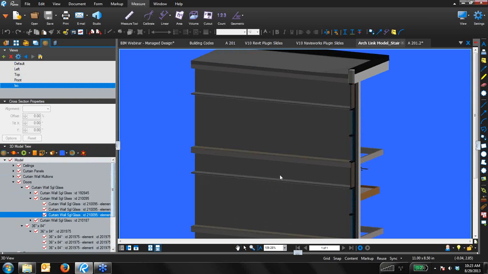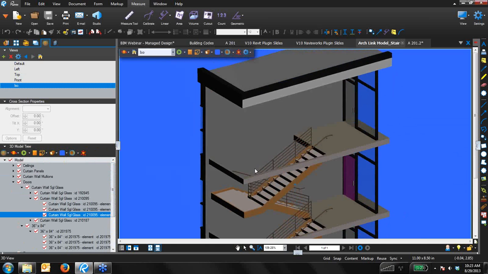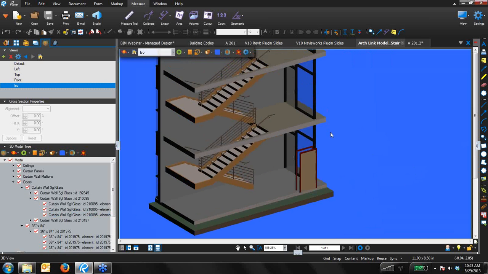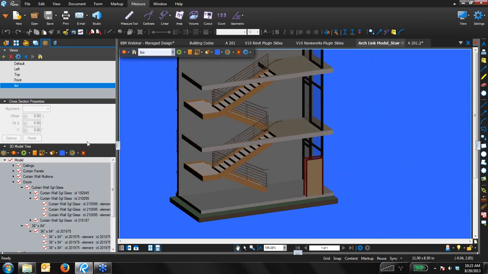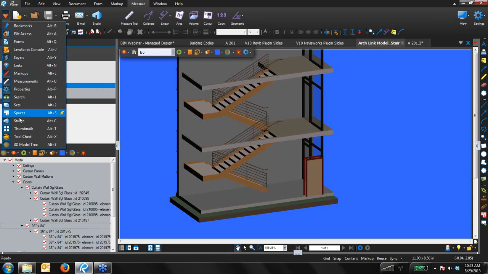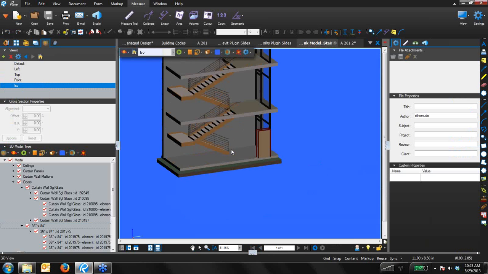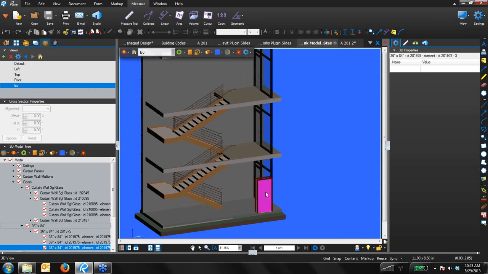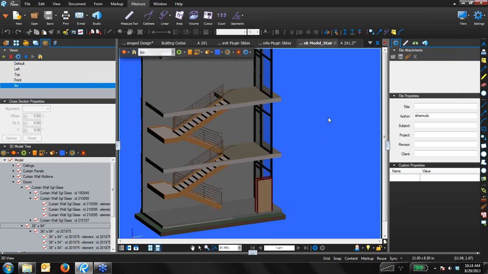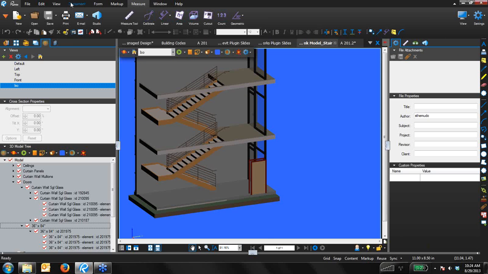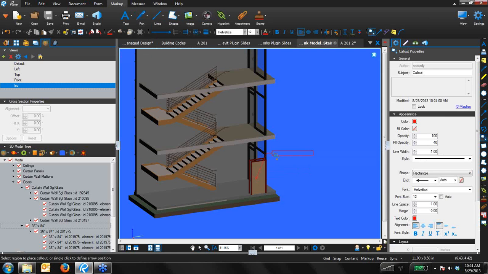All right. With that being said, let's talk about a few more things. Again, if I want to know my property information about certain things, I can get a lot of that right here. I can see this is a 36 by 84 inch element. However, I talked about properties early. Let's go ahead and open up that tab access again and take a look at my properties panel. So if I click on a specific element, like this door, again, it's going to go ahead and show me those element properties. So if I get an RFI from maybe a general contractor out in the field, and he applies a text box here and says,